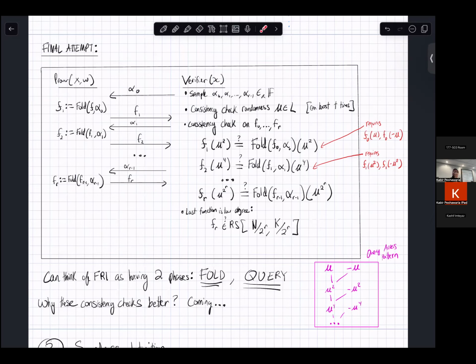Everyone good? So the fundamental intuition is just that using the same mu throughout can't possibly hurt soundness, because you've already committed, you're already stuck. All your choices have already been made, and I'm doing this check at the very end. Yeah. And then you're saying that it's actually going to help us, and you haven't shown us that yet. Yeah, exactly.